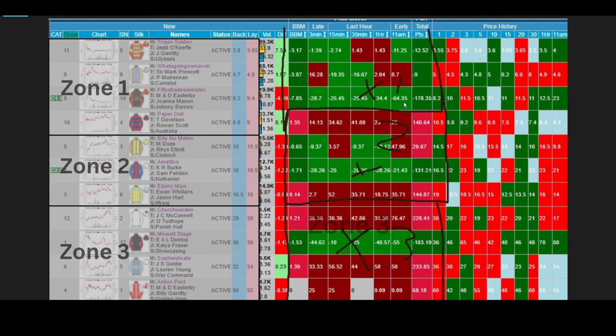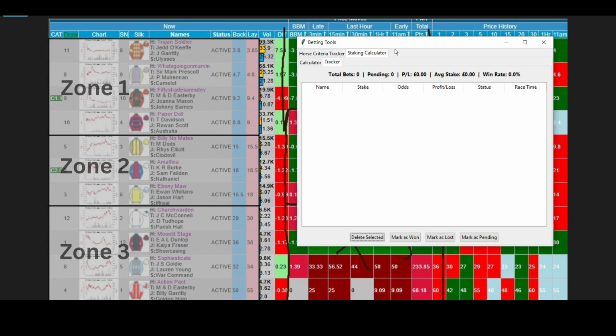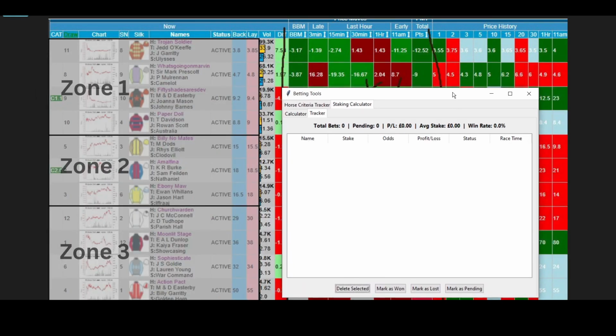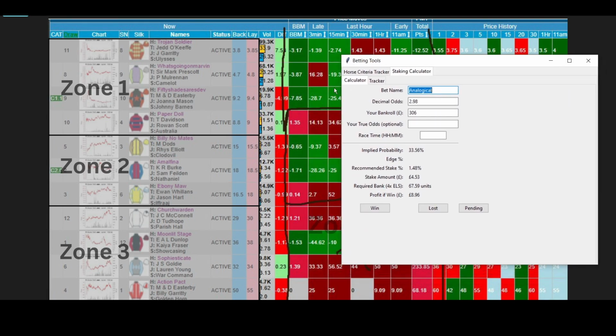Supplied and available in the Telegram chat room is Jack Bickley, our brilliant in-house data analyst on horses, calculator. So what I'm going to do is I'm just going to open that up now. So this is how we organise our betting. We know that coming up just before the off, we've got 3 horses that we need to back. So if we look along the left-hand side, we've got the latest Betfair odds,